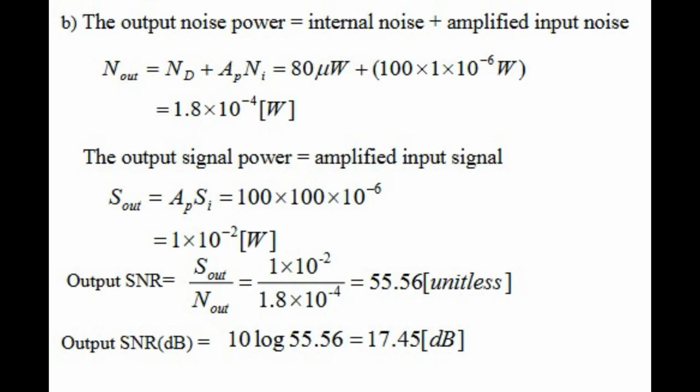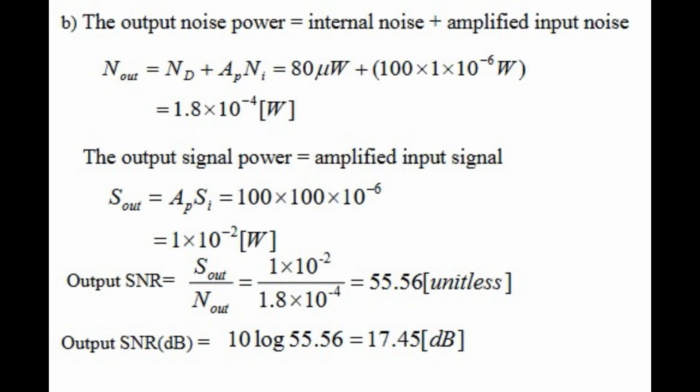Now we know that the receiver internal noise Nd is 80 microwatts, and the output noise is N out equals Nd plus Ap times Ni. Substituting the values we have, we get 1.8 times 10 to the power negative 4 watts. Now we use that value to find our output signal power. Substituting the values, we get 1 times 10 to the power negative 2 watts, and we can insert it into our formula S over N. With that, we get the answer of